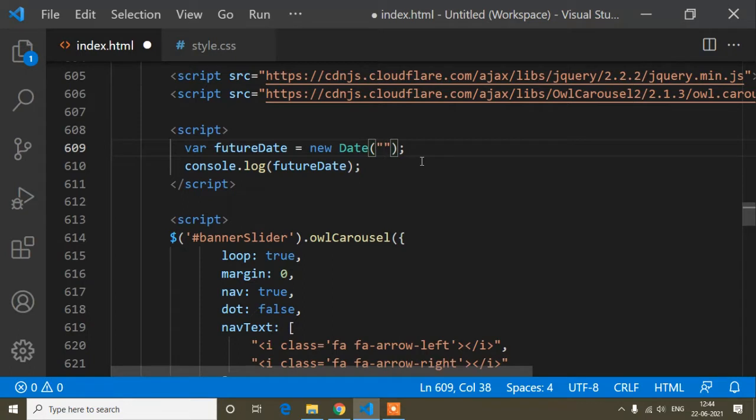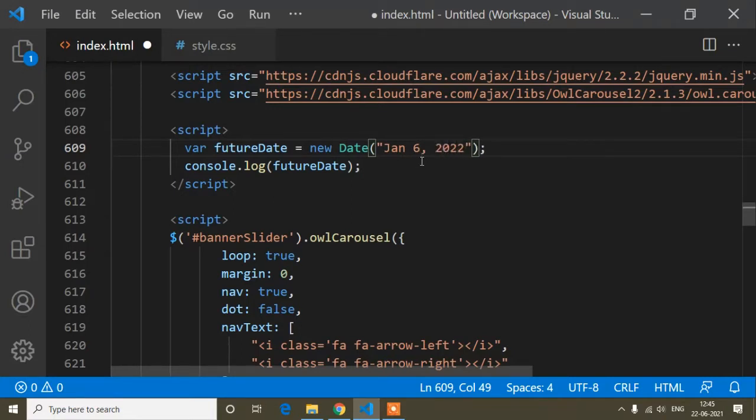Okay, so the future date you have to pass like this, just January, I mean the month. Suppose here I am adding the future date as January, I mean this offer will go on not for 1 week but for something like 6 months. So January 6, 2022.